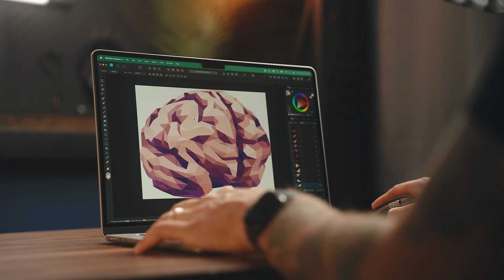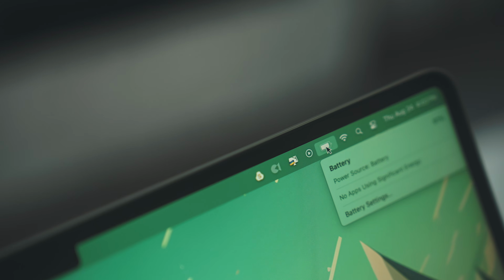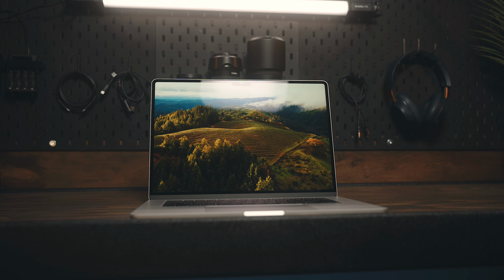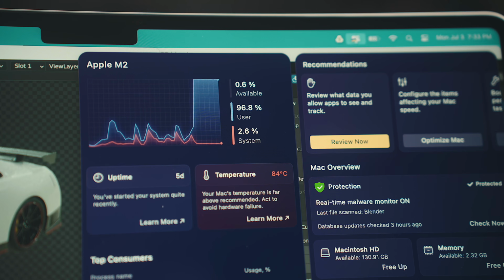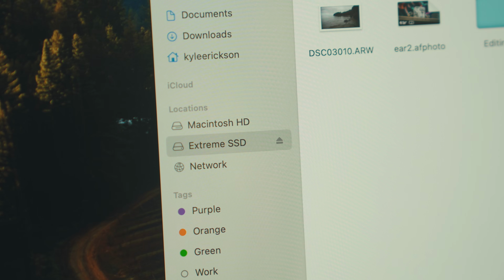If I'm working on something, I can just close this up and come back to it a day or two later, and the battery percentage seems to remain at relatively the same level. Even using the public beta of macOS Sonoma, where beta versions historically have been very bad for battery life, it's remained quite impressive. The only time where I see any substantial power draw is if the CPU is running at full throttle for an extended period of time, or if I have accessories connected, things like external SSDs and USB